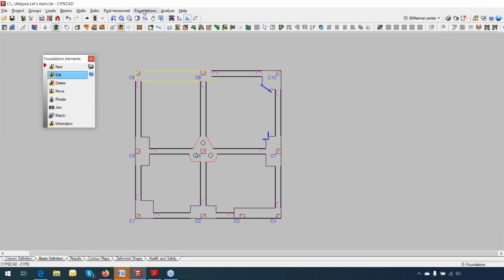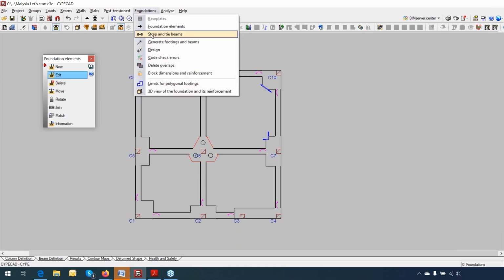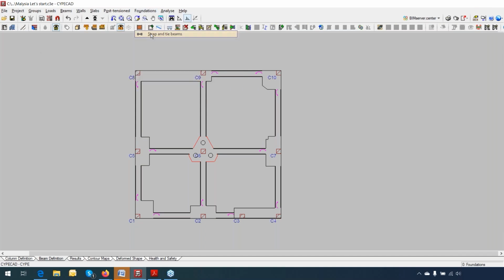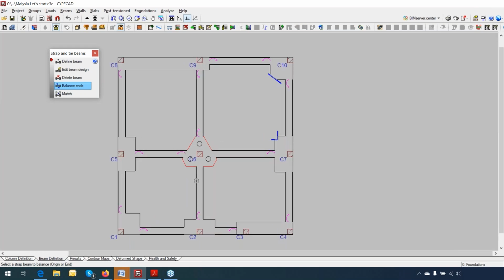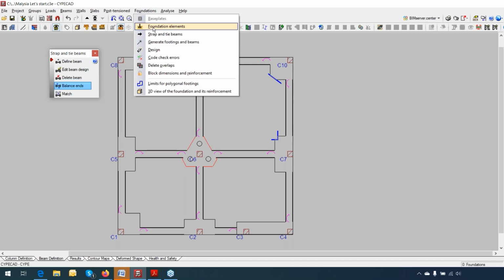So one of the solutions is to select the strap and tie beam. On the bottom, something here we call the balance ends. That means that at the end, this is only a tie beam. So if I click on the bottom, I introduce that kind of moment. So remember that we had a lot of problems in the beginning, but maybe this kind of solution can give me better results. So now we go back to the foundation elements, edit,